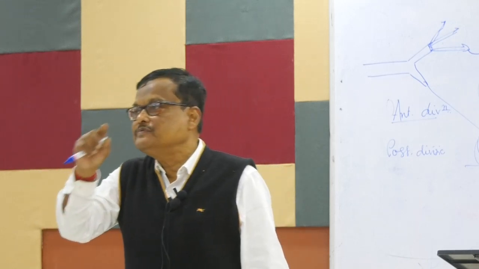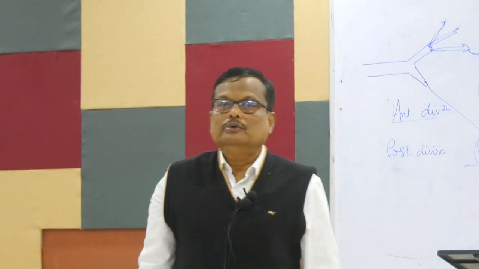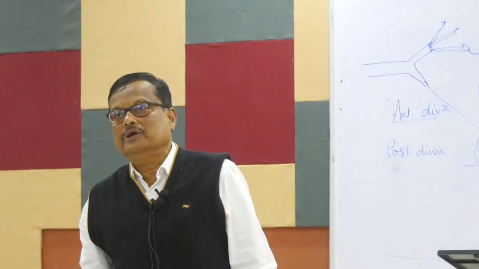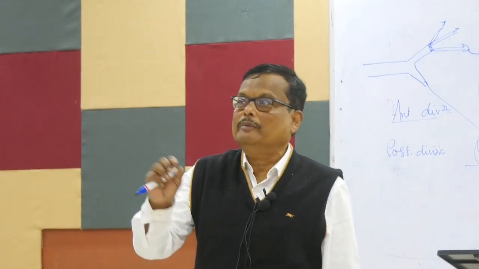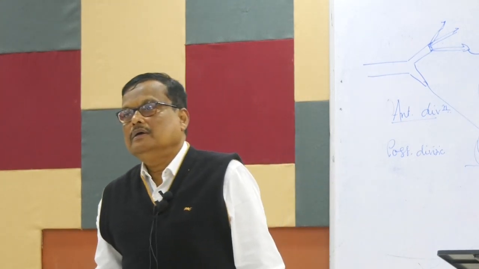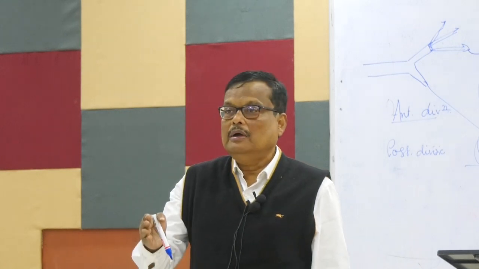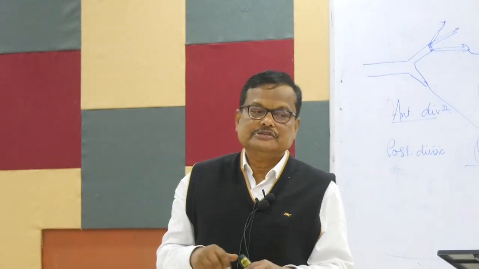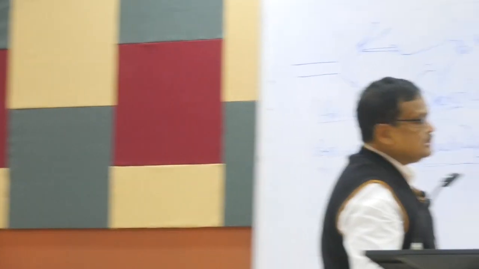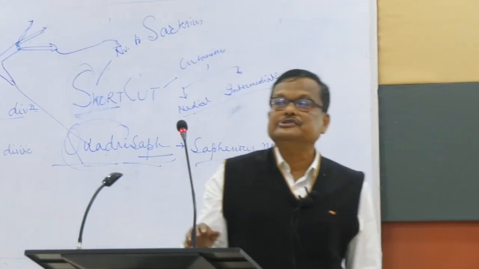So it gives a long nerve to get the sensory innervation from the medial side of the thigh, leg and foot up to the ball of the great toe, medial side of the great toe. So this is the saphenous nerve. So all quadriceps muscles are extensors of the knee joint,